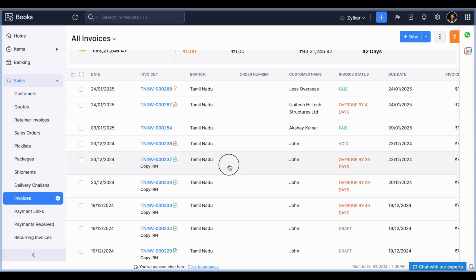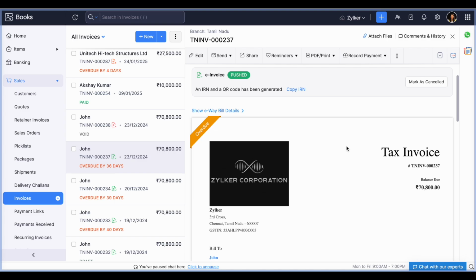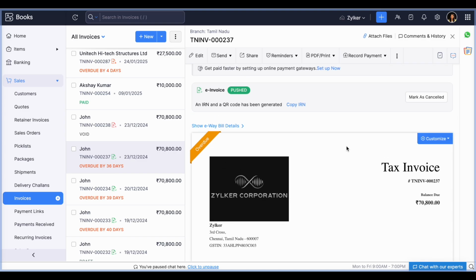Also, everyone would have come across the Mark as Cancel feature in Zoho Books. Let me give a brief idea about it. Usually, when you push an invoice to the IRP portal, within 24 hours, if you want to cancel it, you can cancel it directly from Zoho Books or from the e-invoicing portal. Suppose after 24 hours you notice something wrong with that particular invoice and you want to cancel it. In such instances, the Mark as Cancel option is available. So in the GST portal, you can remove that particular invoice, and in Zoho Books, you can mark it as cancelled so that the invoice will be converted into a void status.